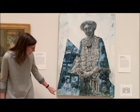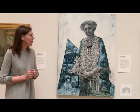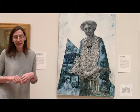And he's even included the copyright image from the postcard on this painting, acknowledging the fact that he is including an image that was made by another person. In this case, actually one of the artists, Edward Warner, took the photo that was put on this postcard. And then humor